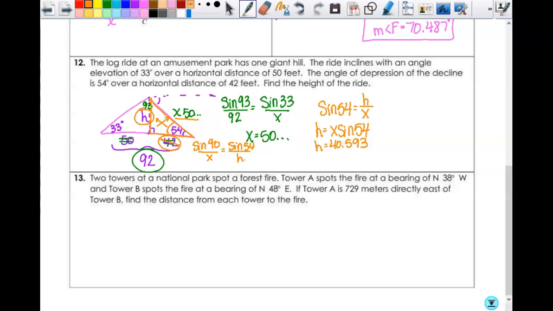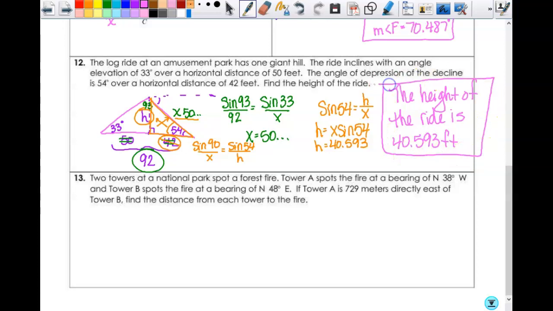Even though it's not necessary, the law of sines works, but it's just simple right triangle trig also. So, and then that's it. All right, so then the height of the ride, to answer my question, is 40.593 feet. If you did just simple right triangle trig from the beginning with that 42, you get 57 something,